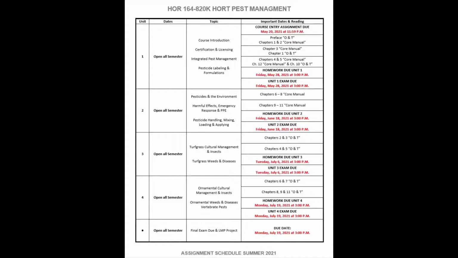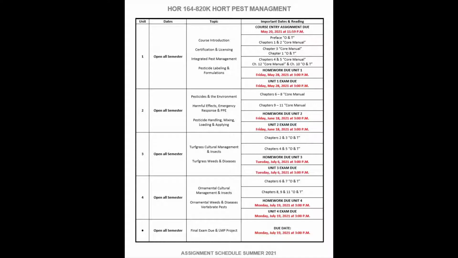But again, Unit 1, you've got your topics: course introduction, certification and licensing, integrated pest management, pesticide labeling and formulations. I'll go back, and on the printed form on Blackboard, you'll actually have the dates. It's a 2-week period. But remember, in Unit 1, you've got to have your course entry assignment due May 20th